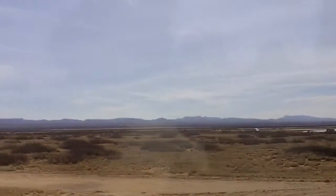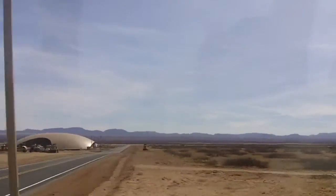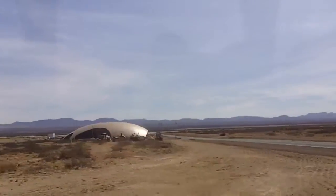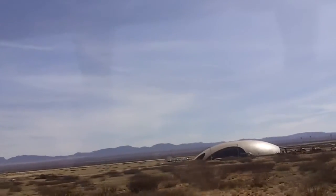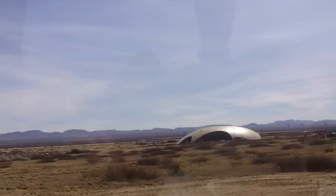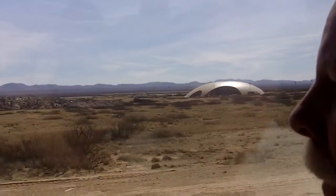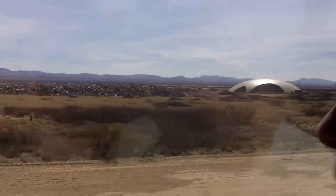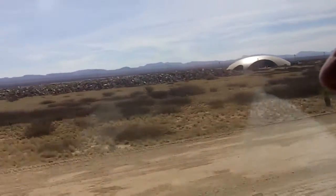We're going to take a tour of maybe one of the more mundane areas of the spaceport. I know you're excited. But coming up on your right, this is the Spaceport Operations Center. We'll go by that a little closer. That's going to be the headquarters for a lot of the contractor operations, emergency response, maintenance, this kind of activity. And just north of that is